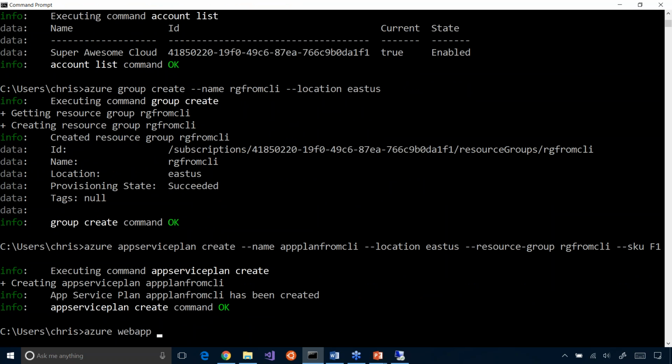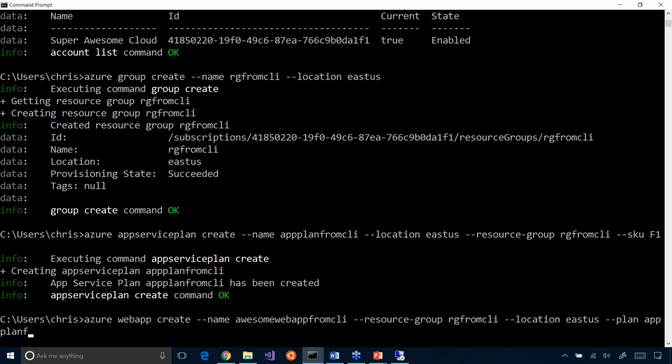So use the Azure Web App Create command. And the name parameter is going to specify the name of our web app. And then the resource group parameter is going to specify the resource group that we want to put this web app in. And the location parameter is going to specify the Azure region to host this web app in. And then the plan parameter is going to specify the app service plan we want to put the web